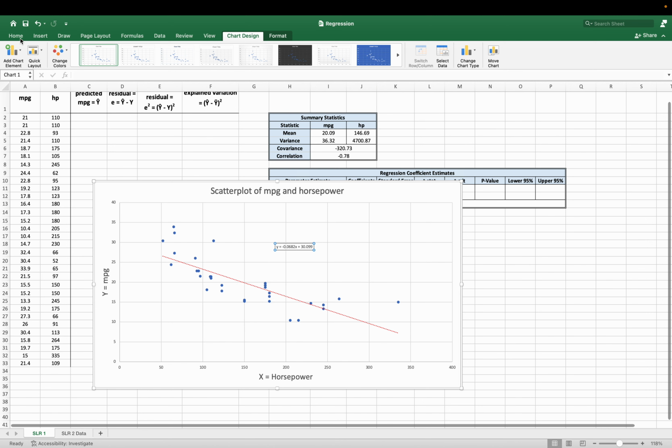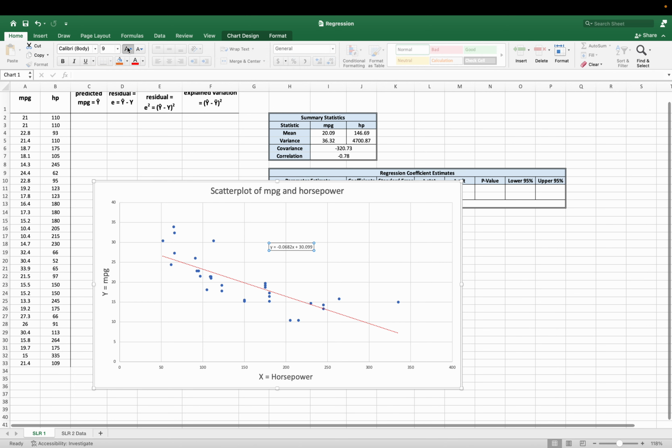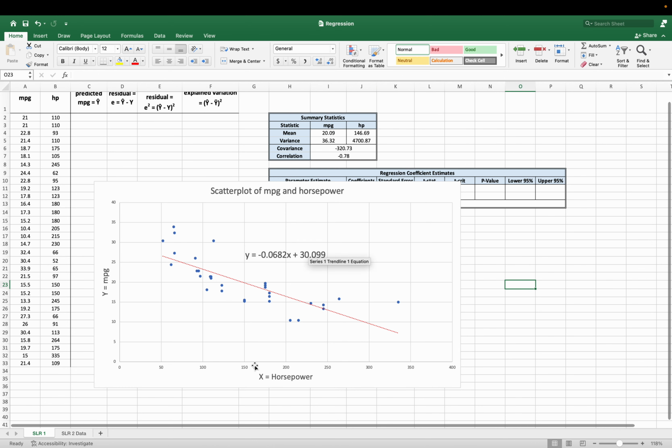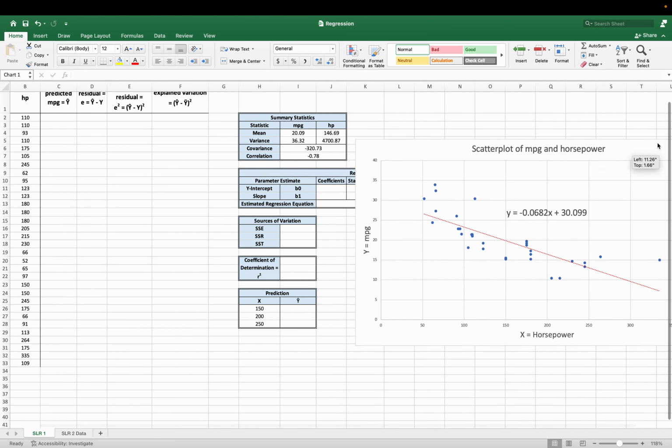I'm going to make it bigger so we can actually read it. And there we go. So we can see we have our negative relationship between horsepower and miles per gallon. Our line slopes downward, and we have our regression equation. Okay, so I want to put this to the side for right now, so I'm just going to